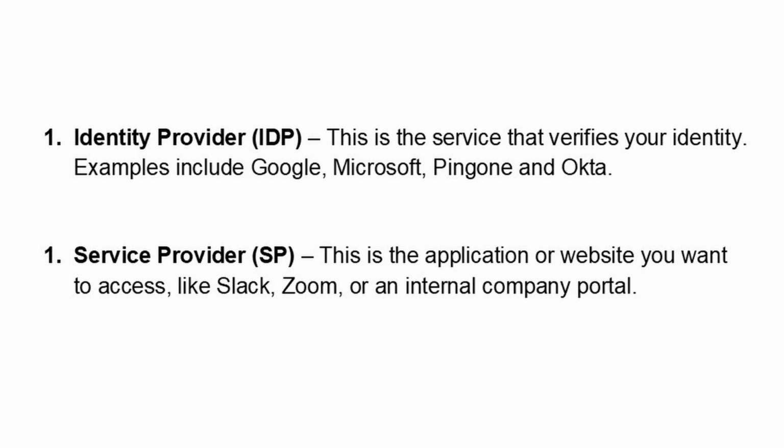But let us understand some of the background architecture concepts of single sign-on, starting with IDP and SP. IDP is identity provider. So what is identity provider? In basic terms, identity provider is your Google, and service provider is your LinkedIn. If you're clicking sign in with Google on your LinkedIn page, then LinkedIn is your service provider and Google is your identity provider. So identity provider is the service that verifies your identity, and service provider is the service that is requesting authentication or authorization from the IDP.